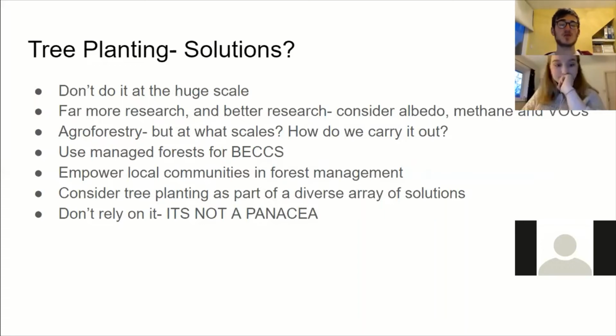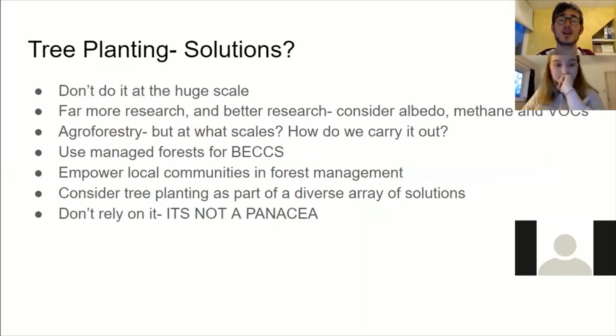There's often a word for this, it's called panacea. It's like a cure-all. Trees are not a cure-all for all our problems. Trees are not a cure-all for the only way of removing carbon dioxide from the atmosphere. This is on top of, bear in mind, reducing our emissions to zero as well. That's a disclaimer for all of these technologies. But trees shouldn't be the only carbon removal we need because it's not reliable enough and it can also have some problems. We need far more research and do better research into trees.